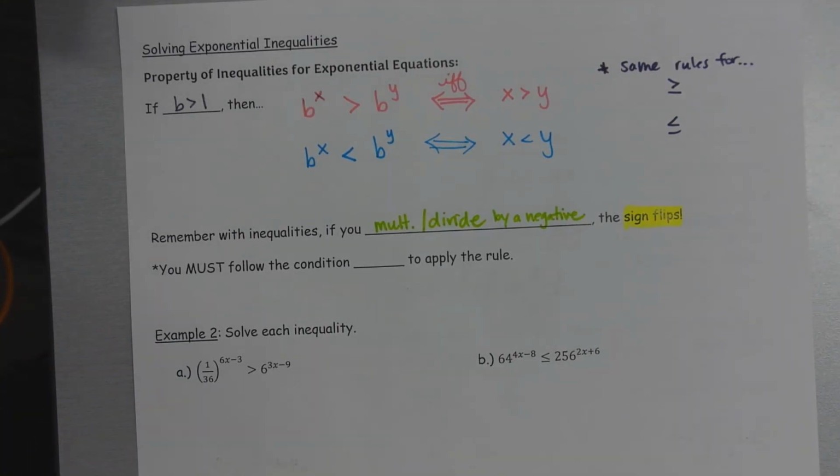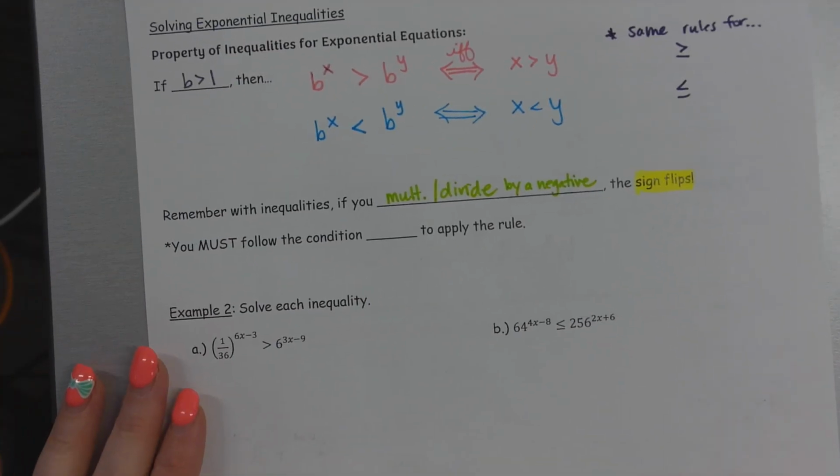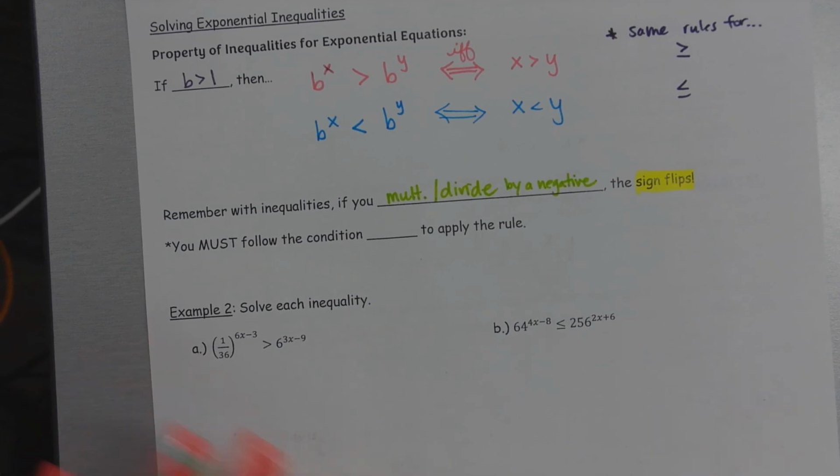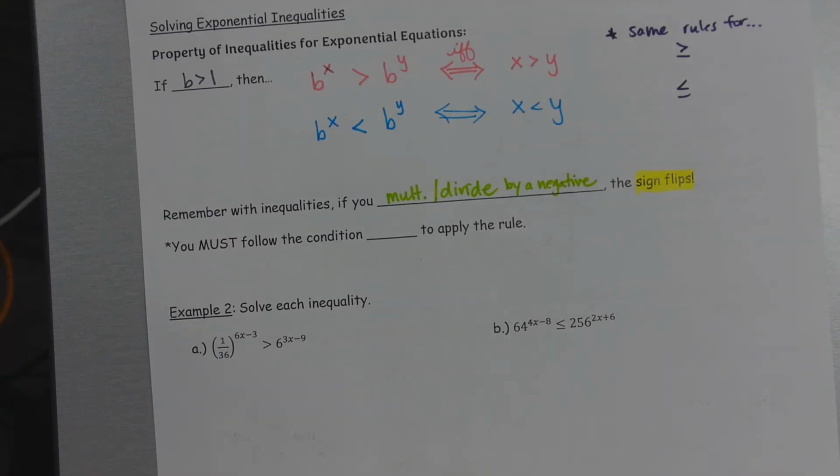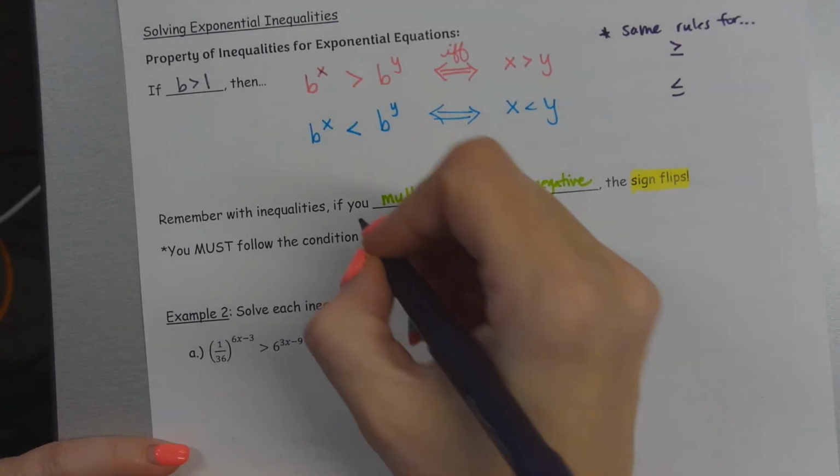Okay, so that is something that we will encounter. So you have to make sure that you follow the condition where your base is greater than 1. Okay, so you can't have a negative base there. Okay, your base has to be greater than